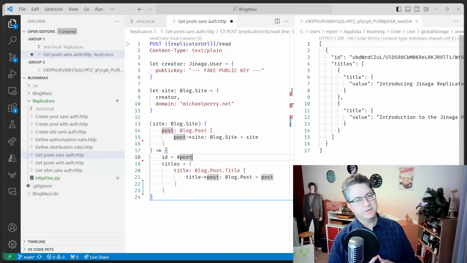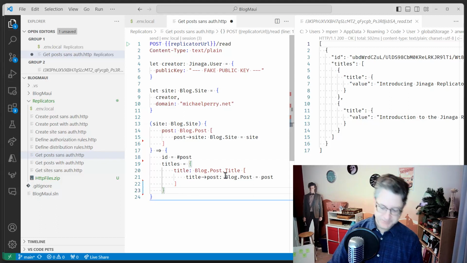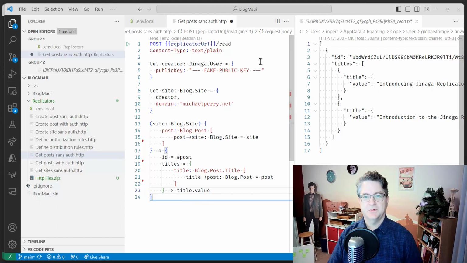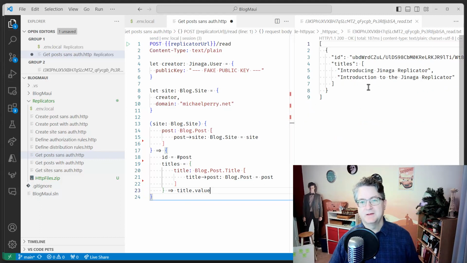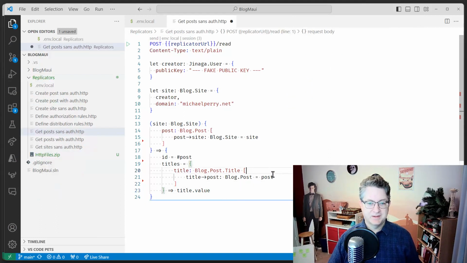Now, of course, I really only want to know the most recent one. So let's first of all project this so I just get the title value. So I want title.value. That will simplify things down just a little bit. Okay, now I've just got the strings. But now I want only the titles that have not been superseded. Remember, Introducing Jinaga Replicator was the first one, and then I replaced it with Introduction to the Jinaga Replicator as the second one. So that means that not only do I want the titles in this post, but then I